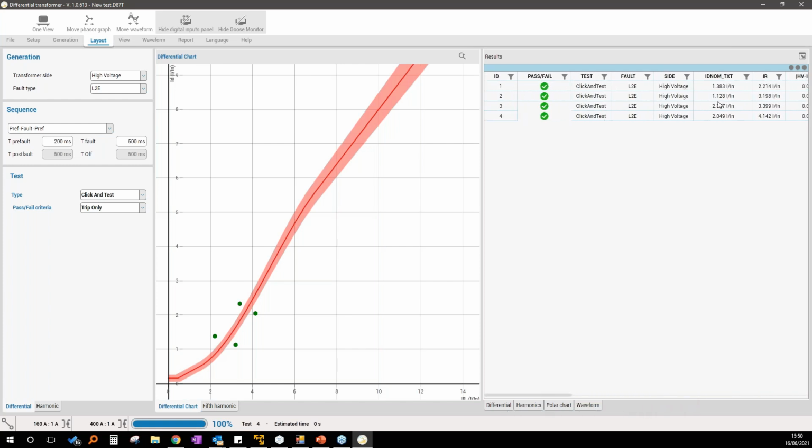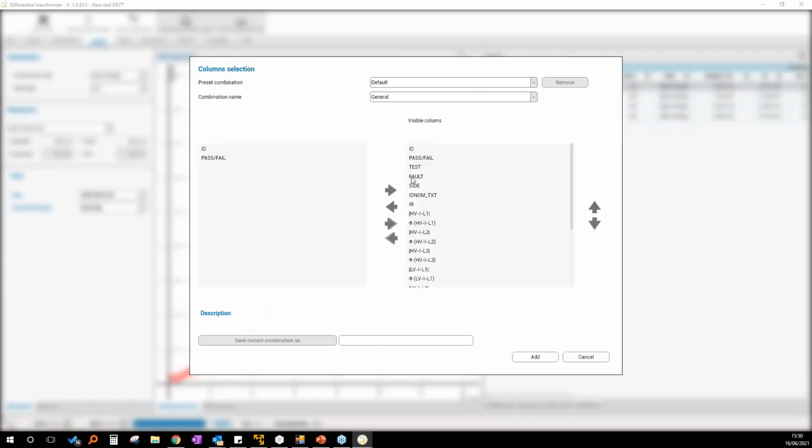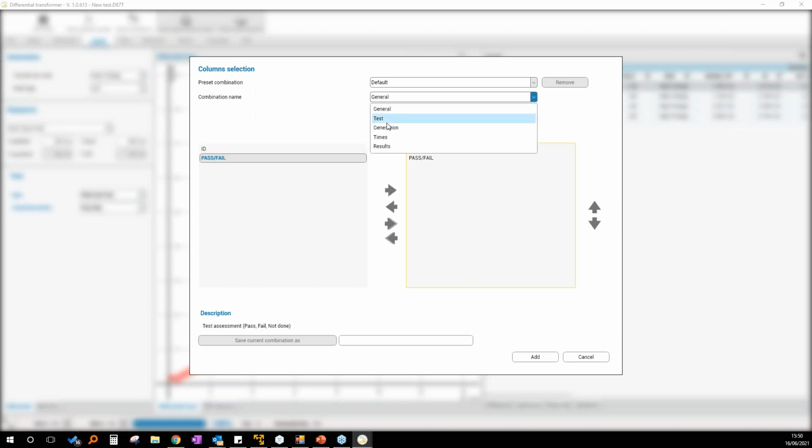But if I want to change this column layout, is enough that I change. So for example, if I don't want all of this, I can do this. I can just keep what I need.